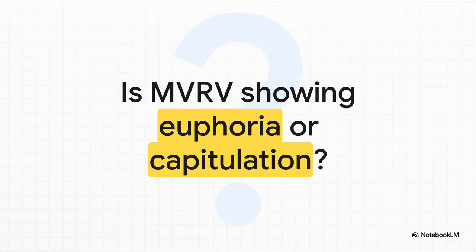Go look at the data today. Ask yourself, is the MVRV right now scraping the capitulation floor? Is it entering extreme euphoria? Or is it just coasting through a healthy middle expansion phase? Go pull up that on-chain data right now. Discover the structural truth for yourself, and we will see you in the next explainer.